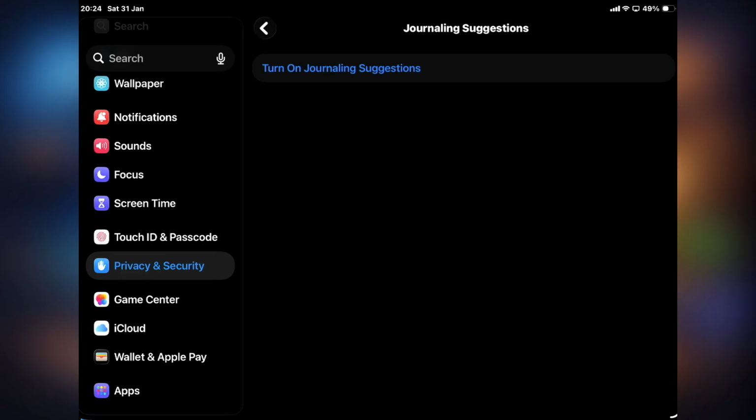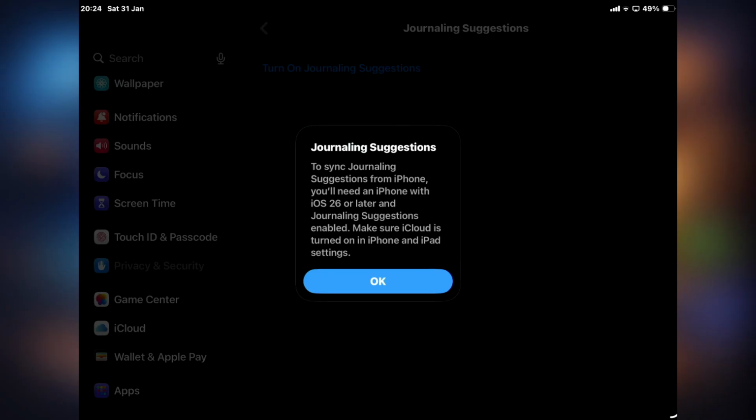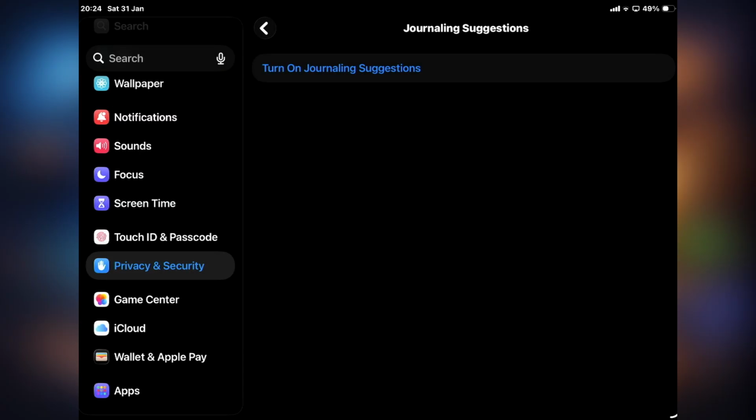So click on that and you can turn on journaling suggestions. So this will sync your iPhone with your iPad. Make sure iCloud is turned on in iPhone and iPad settings,